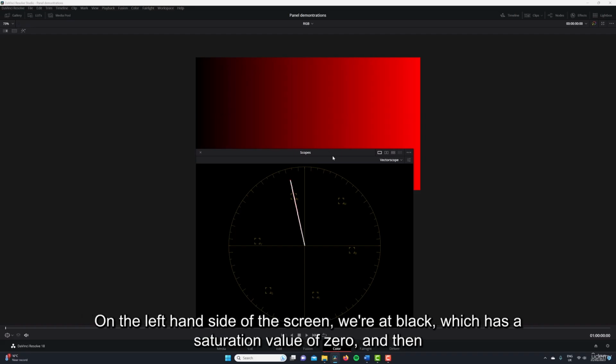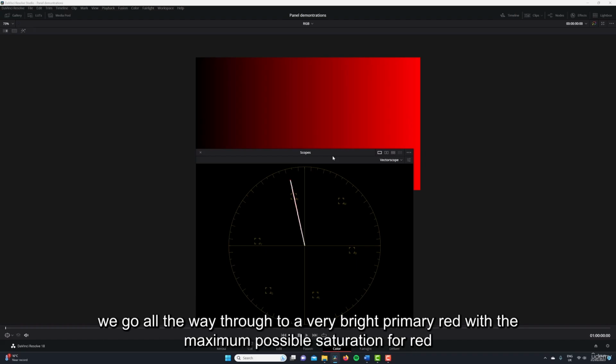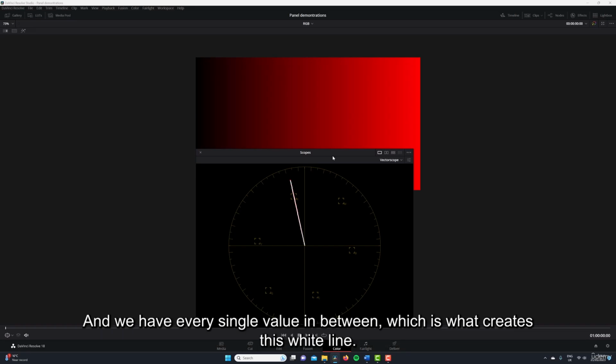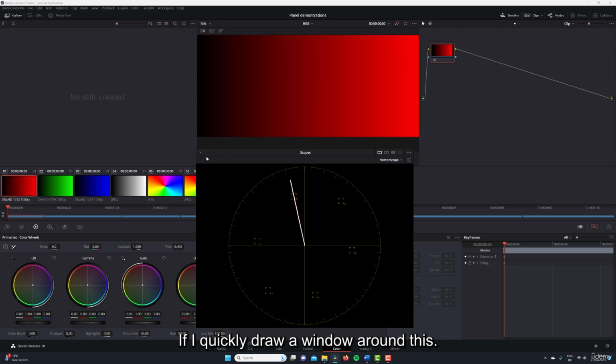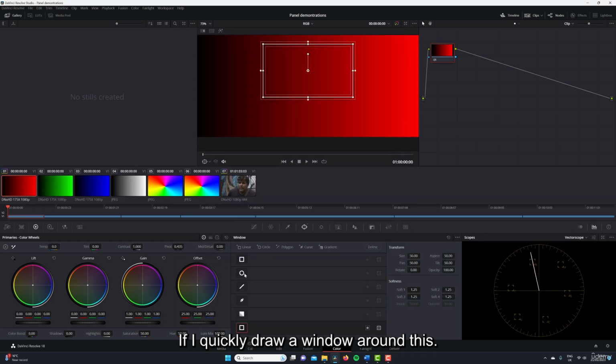Now I've chosen another gradient here because it makes this very easy to see. On the left-hand side of the screen, we're at black, which has a saturation value of 0. And then we go all the way through to a very bright primary red with the maximum possible saturation for red in this colour space. And we have every single value in between, which is what creates this white line. If I quickly draw a window around this,